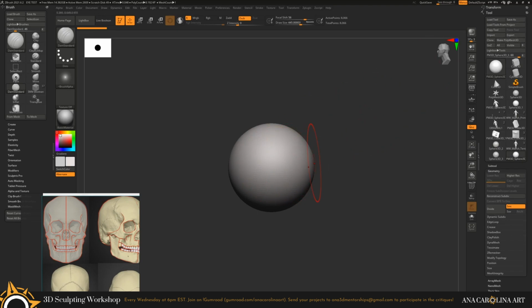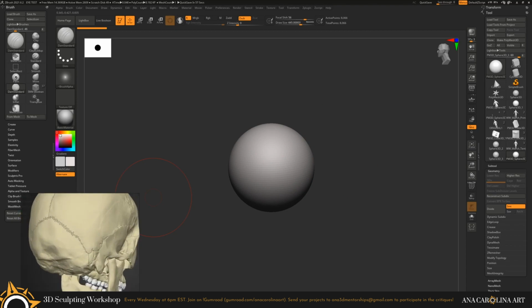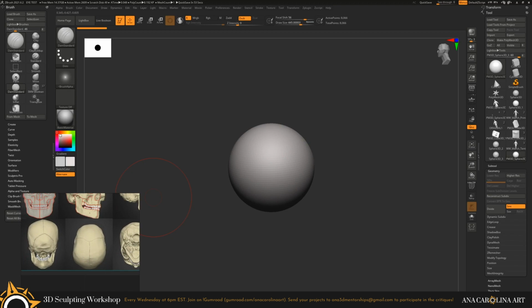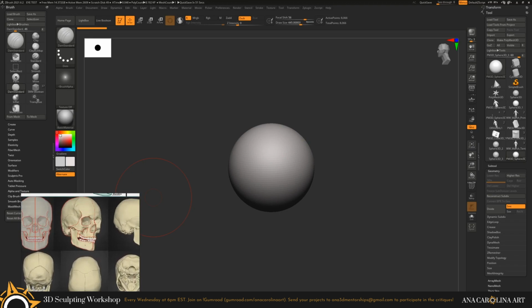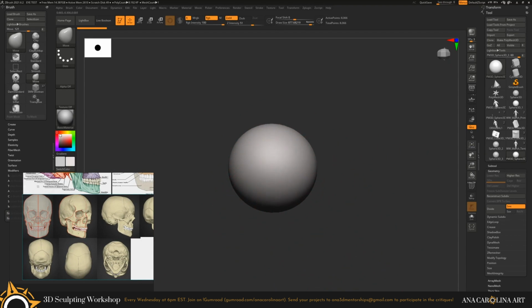Alright, so we're gonna start by creating our cranium, which is the little part that houses our little brain. This part right here, the back parts. We're going to isolate it. We're only going to make it for now, okay? So we're going to create it, and we're going to think about its proportions, and we're going to keep it